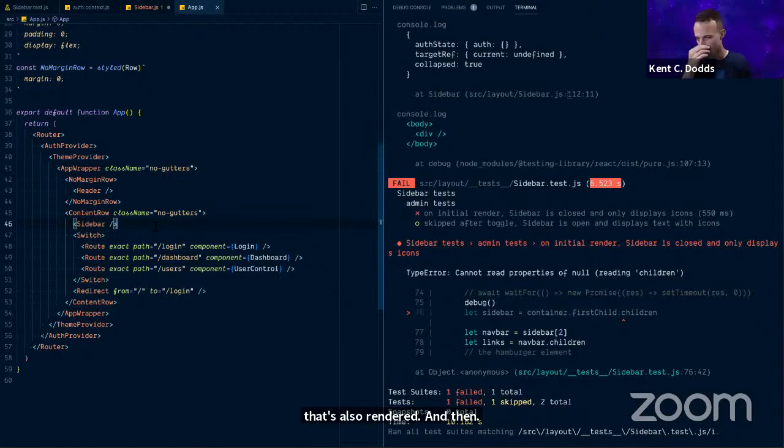The biggest problem with that for most people is then you're rendering a bunch of extra stuff, which in some cases could make your test a little slow, or slower than it needs to be. And the other problem with that is all of those components may be making network requests and stuff like that, that then you'd have to make sure those are mocked out.